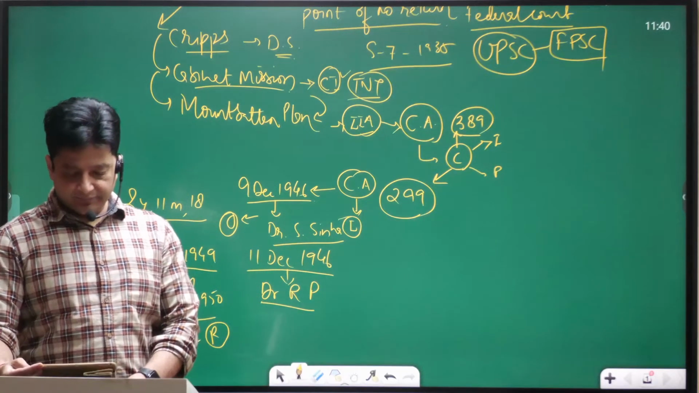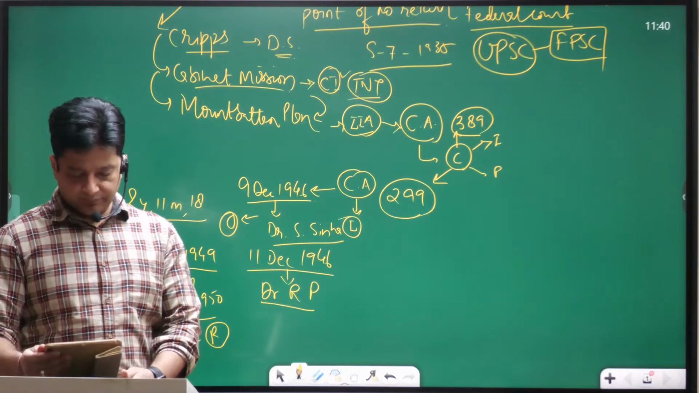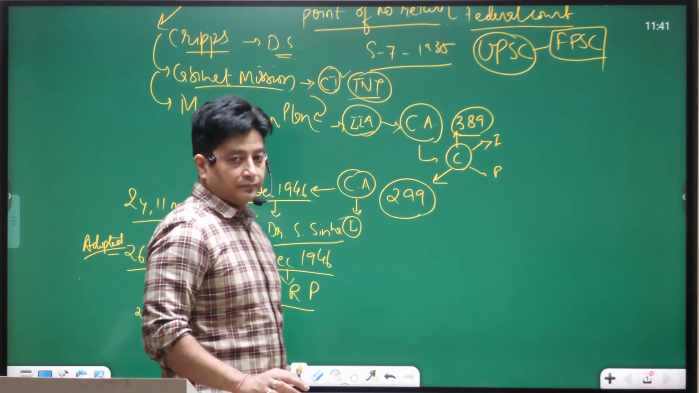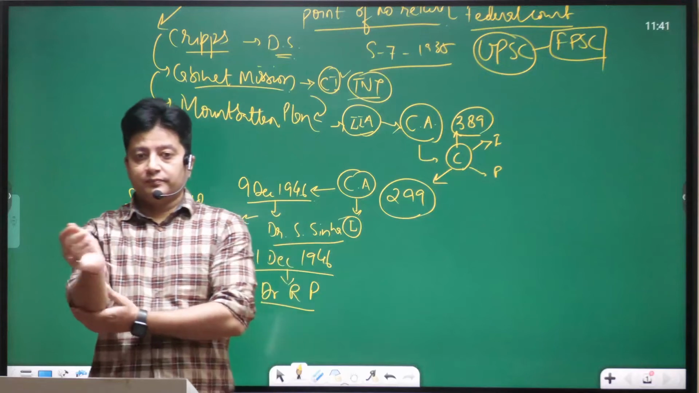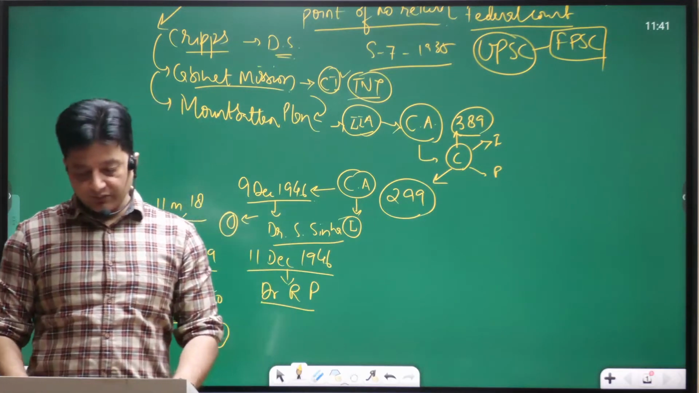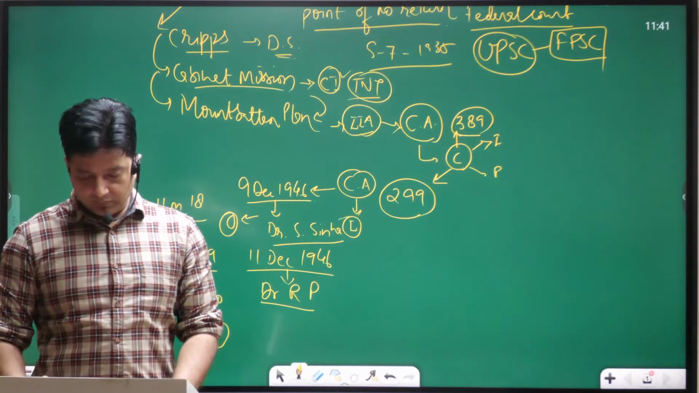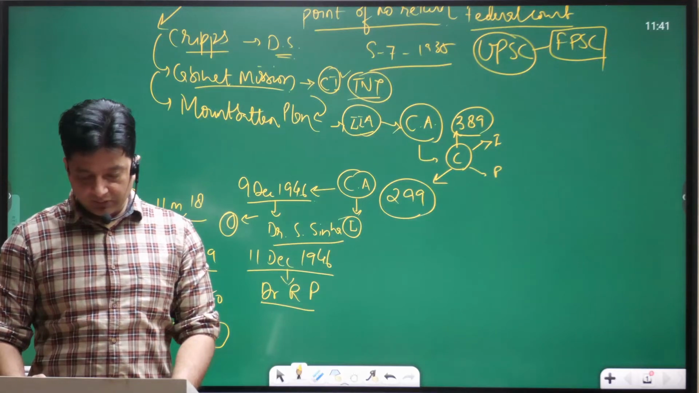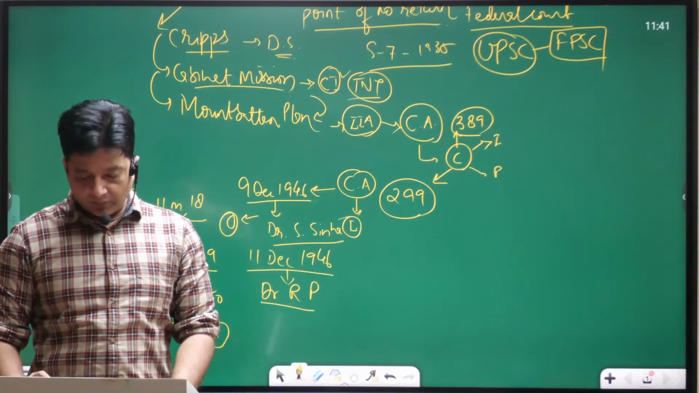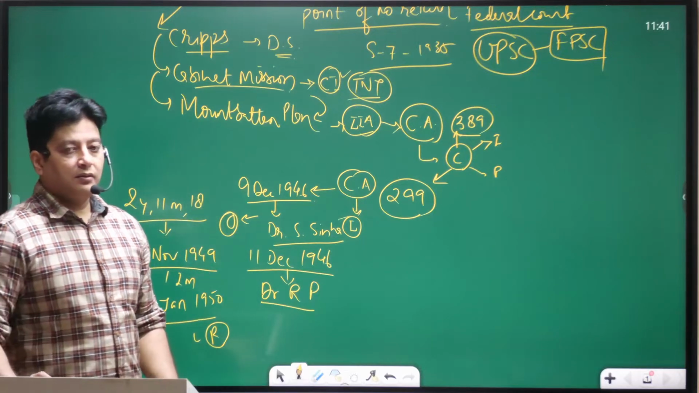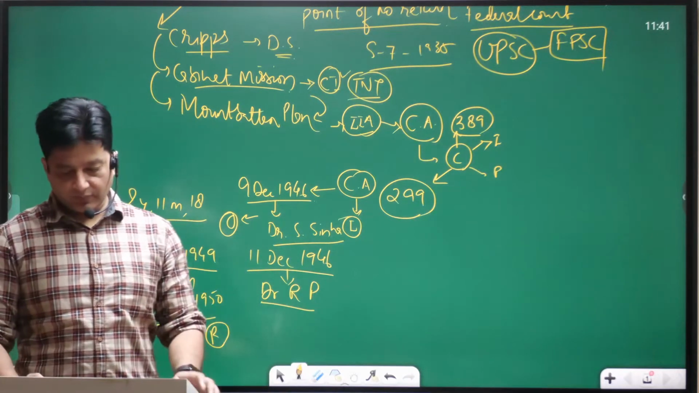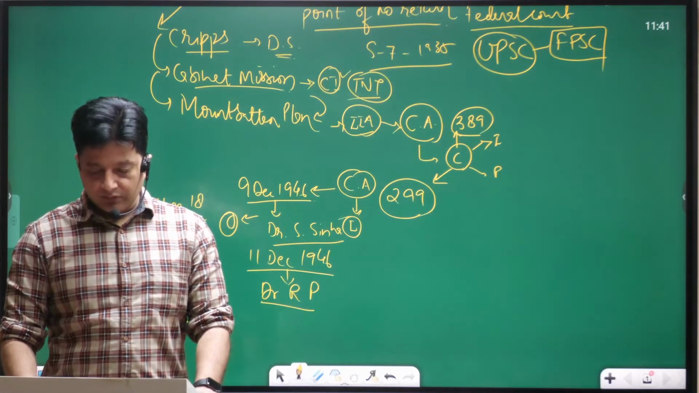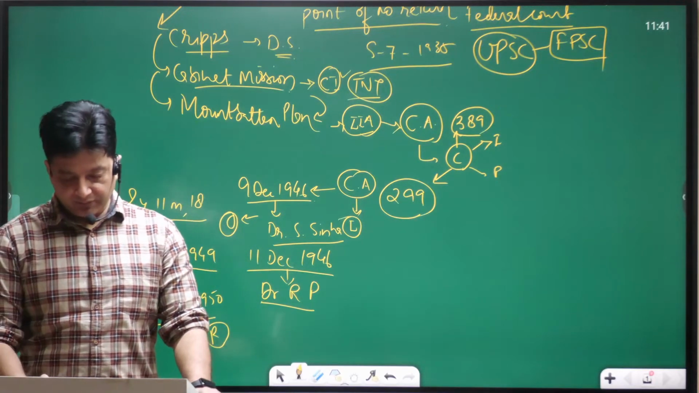What was the last line yesterday? 1858 it was done. Okay. Now please write ahead of this. The British Parliament took over British India from the East India Company